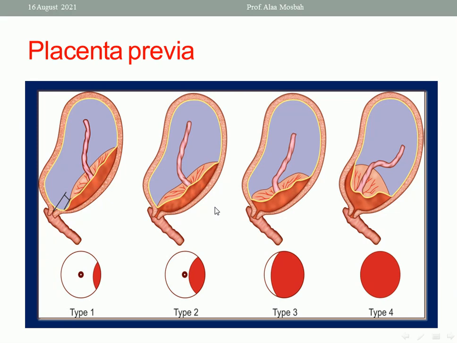This is a picture of the placenta previa, the placenta implanted in the lower uterine segment, as you see. And clinically, there are 4 types. This is the placenta previa lateralis, the lower edge of the placenta within 30 mm from the internal os. This is the placenta previa marginalis, the lower edge of the placenta reaching the level of the internal os but not covering it. This is the placenta previa incomplete centralis, or partial placenta previa, partially covering the internal os. This is the placenta previa complete centralis, completely covering the internal os.